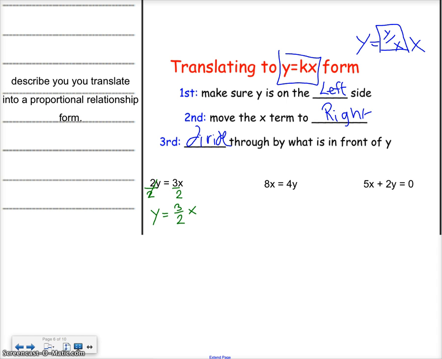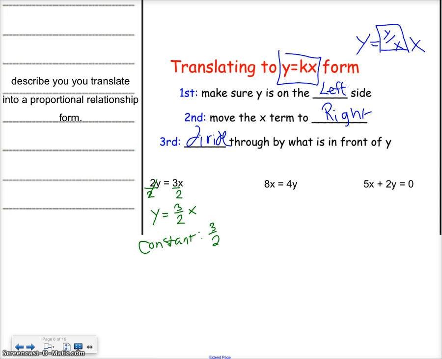And now you also need to connect that this is a constant of variation. Your constant of variation is 3 over 2. That means that is your constant ratio of y over x. Okay? So the constant of variation is whatever is in front of the x. Next,